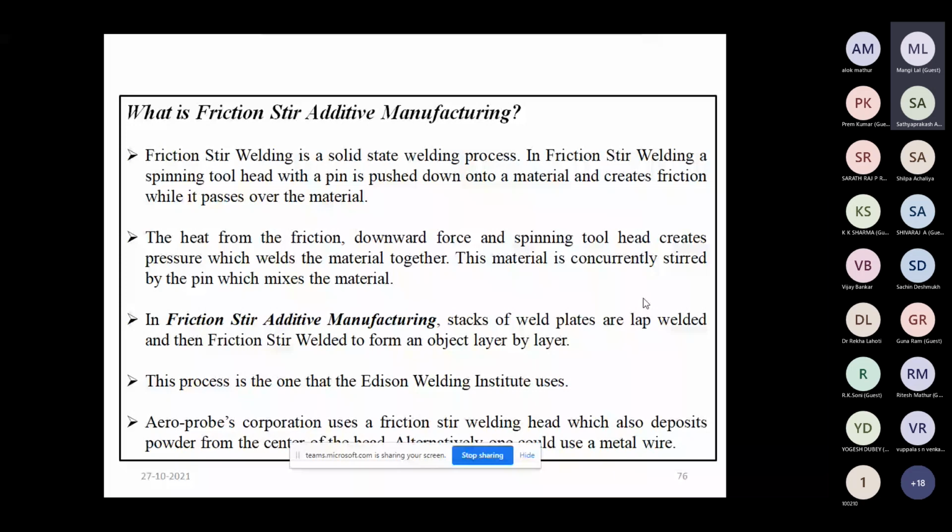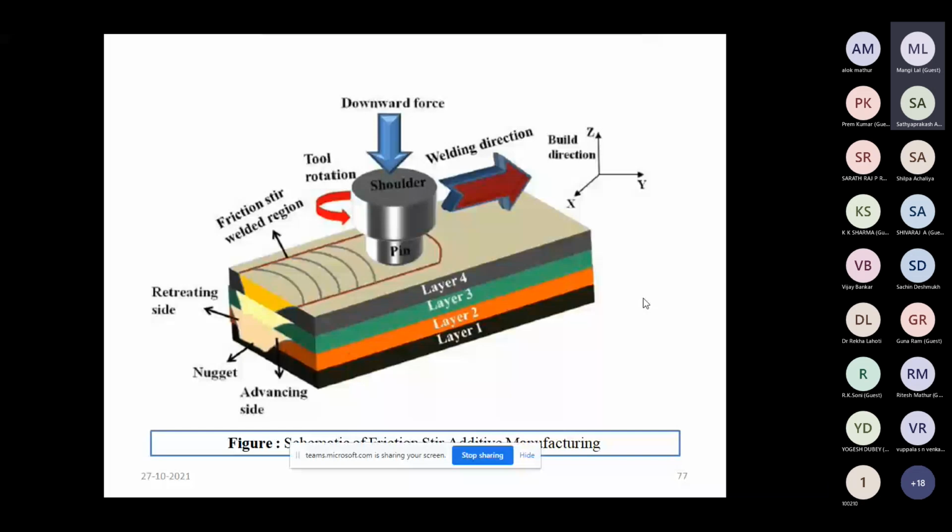Okay, so we take one, two, three, and four layers of plates of different thickness. We have to join these plates with the help of friction stir additive manufacturing. We cannot generate all the layers in one operation.